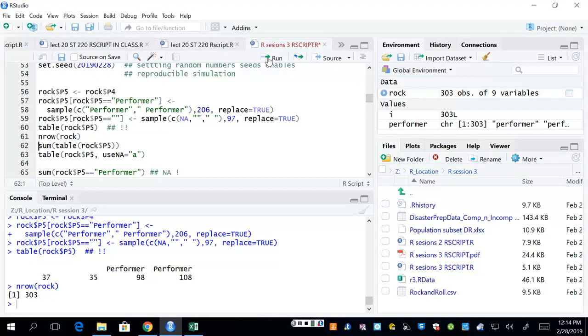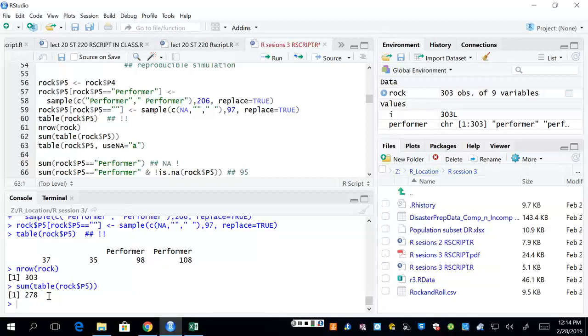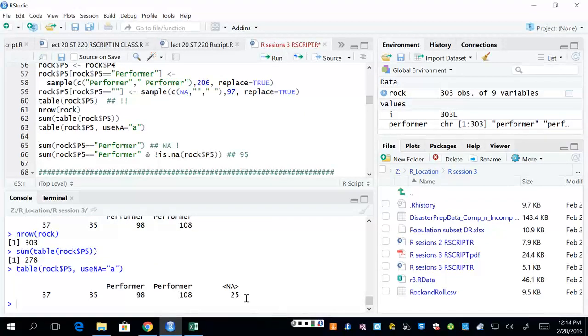There's 303 rows, but if you add up the numbers in that table, it's only 278. So not everything even got reproduced there. There were some that were these NAs. You can force tables to report NA as a category, missing as a category. And so there were 25 that weren't actually even reported. If you add those numbers up,